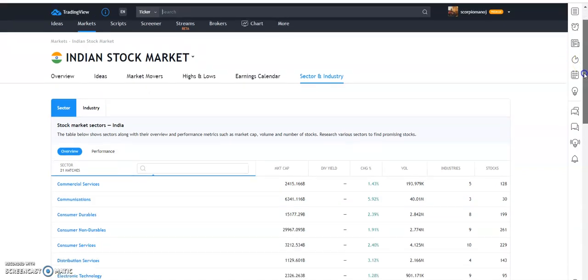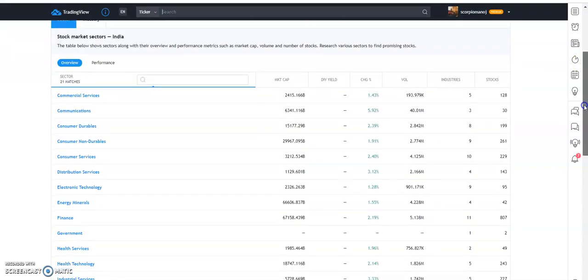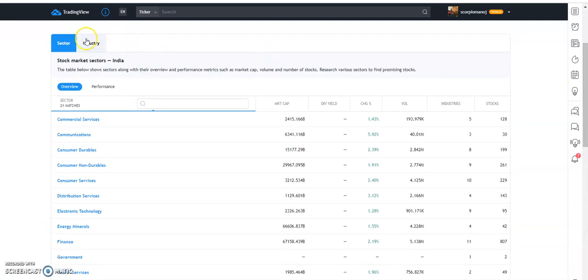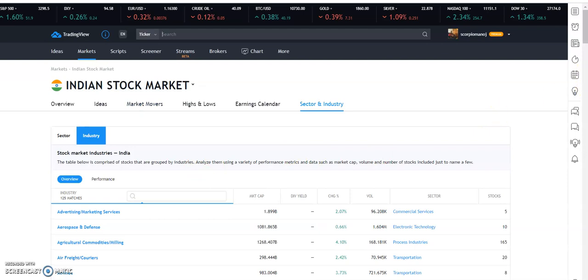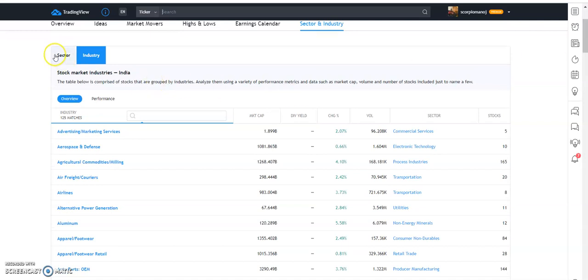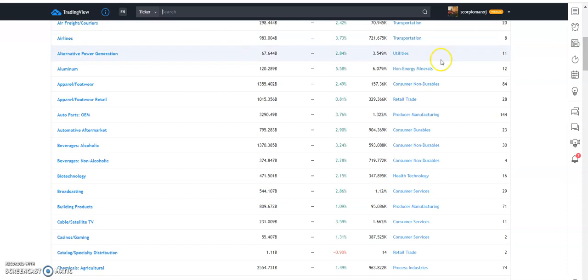You will get a web page showing the different sectors and also different industries. So if you want to create a sectoral index or if you want to create an index for a particular industry, you can do that by doing the following process.